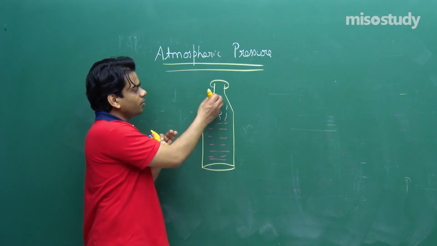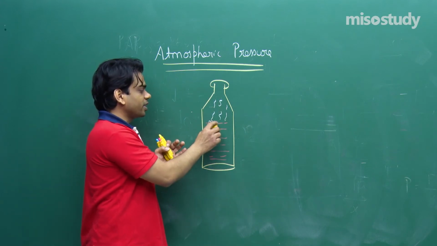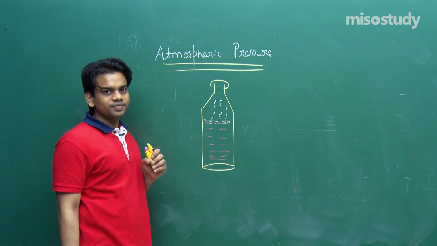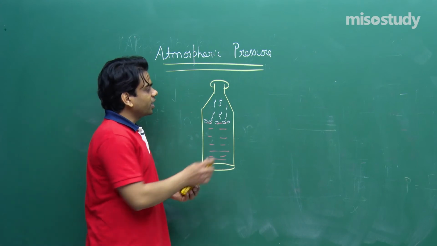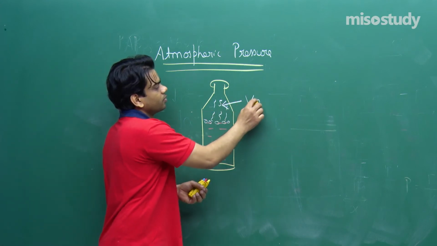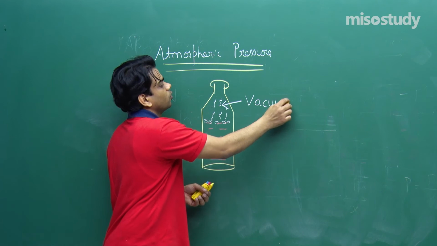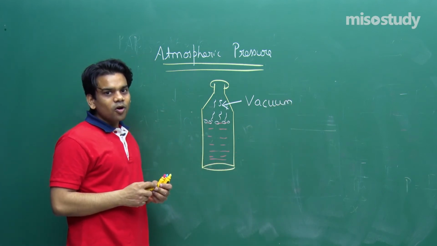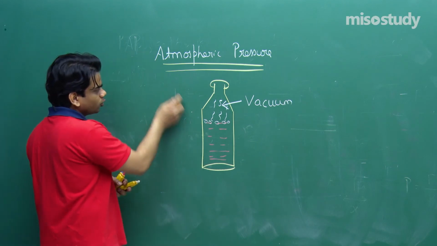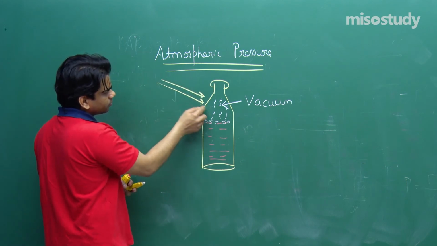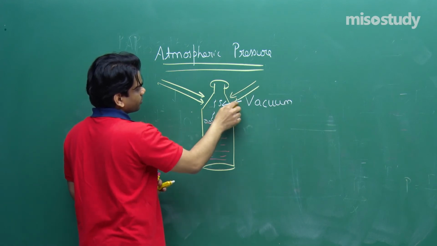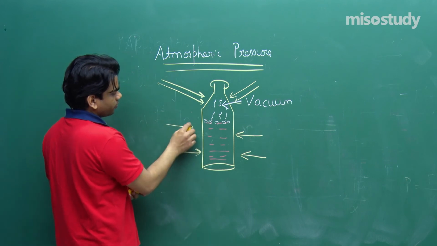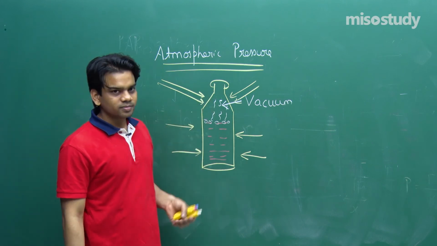When it cools down, this vapor will condense, it will form droplets, and it will reach again to the surface of water. When the vapor condenses, that means there will be a vacuum space formed over the surface of water. Now what happens? Air from all around is going to exert pressure from everywhere. As this part is vacuum,